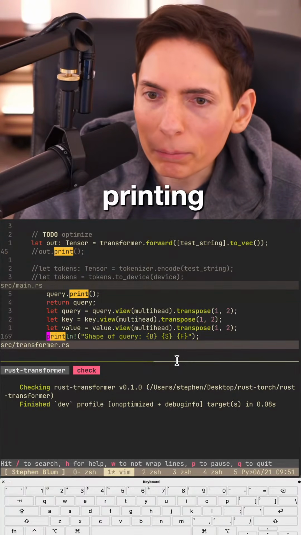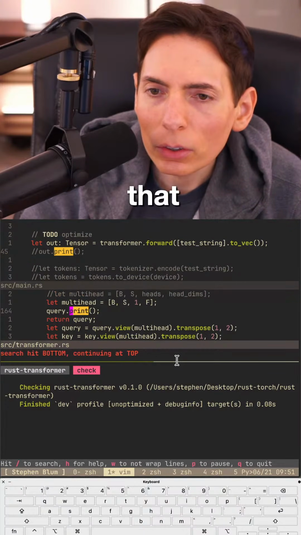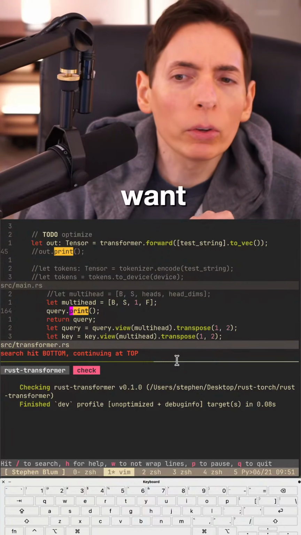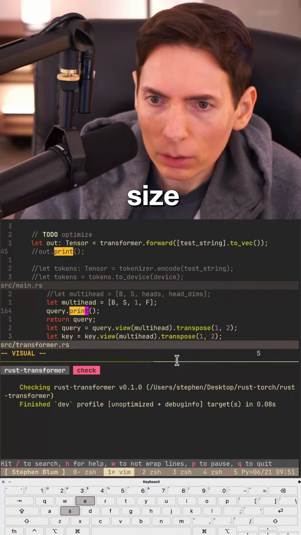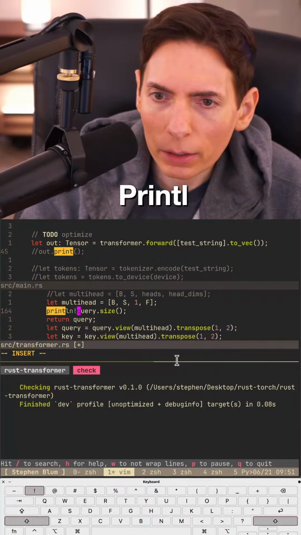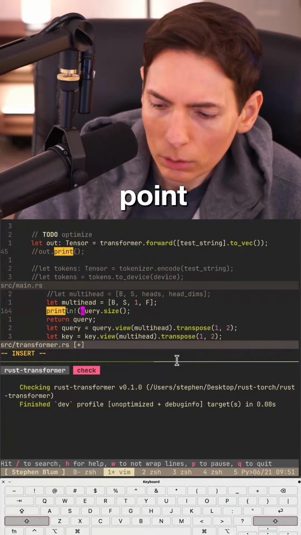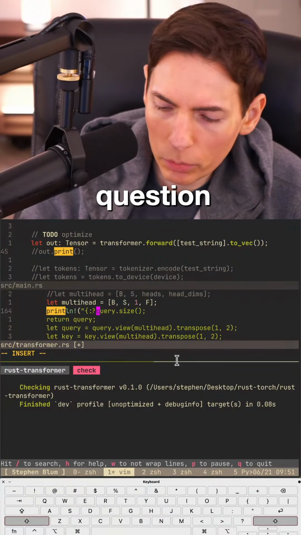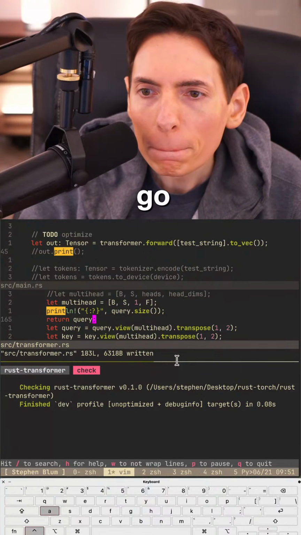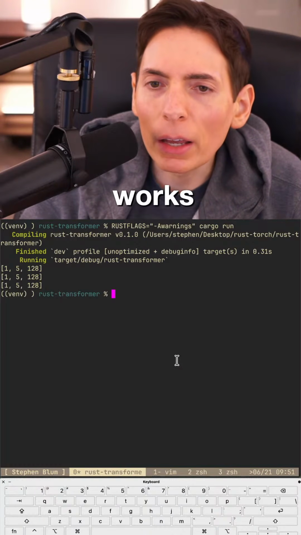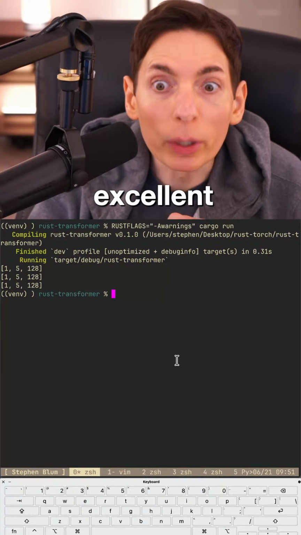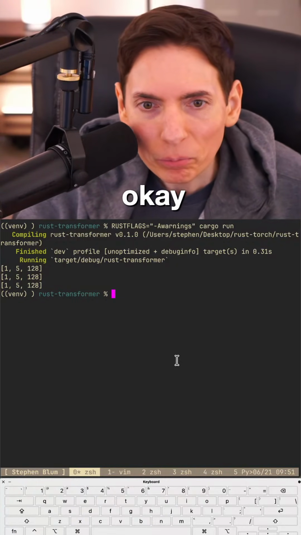I want the shape. I want the size. Print LN exclamation point, question mark. There we go. Okay. Yes. Excellent, excellent. We got 3 blocks. Nice.